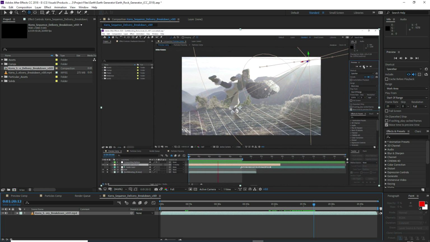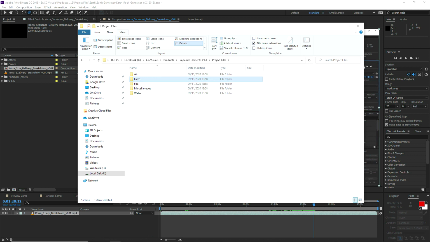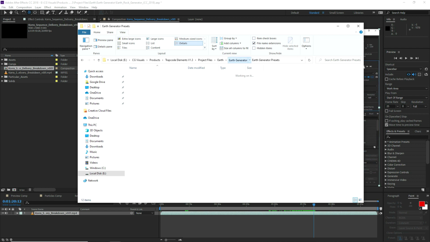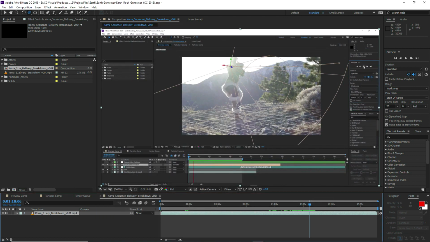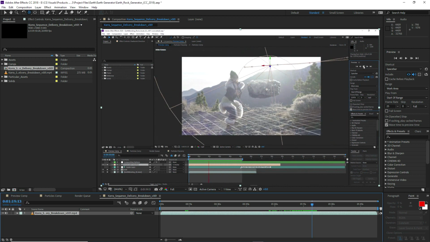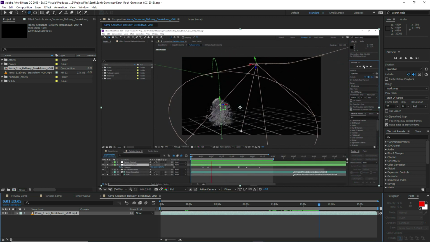That's one of the presets, because if you come in here, there's actually all of these different presets for basalt, granite, limestone, moss rock, sandstone, volcanic rock, and of course your default earth muddy looking rock. And then you can even customize each one of those further as well. So that's what we did here. We grabbed this granite rock preset, tracked it into the scene, added some rotation that coincides with the impact,